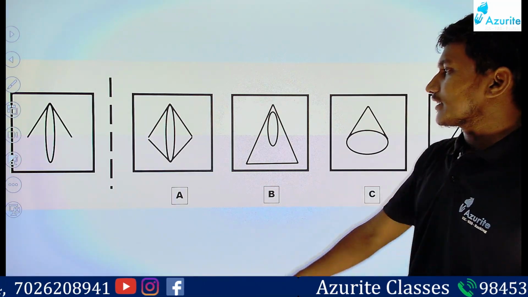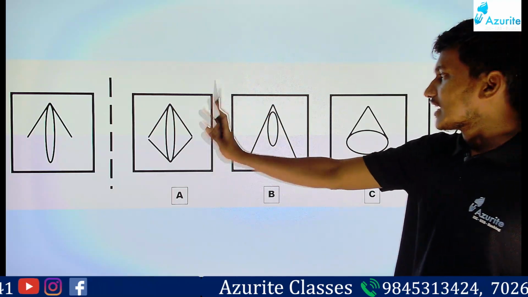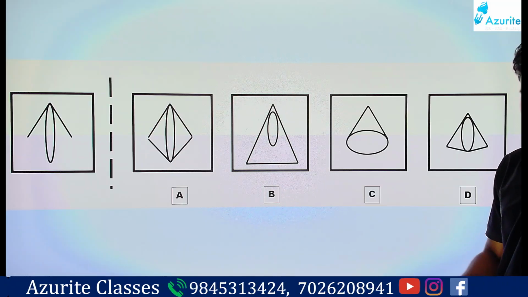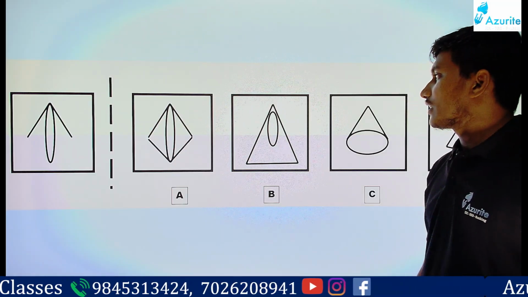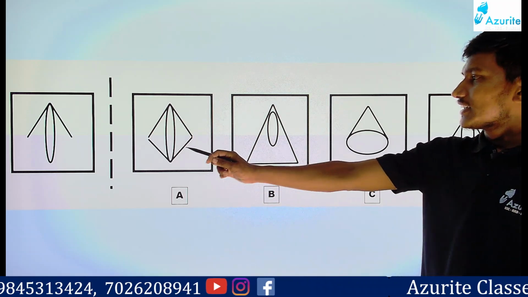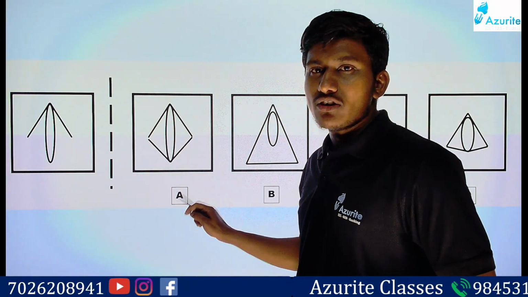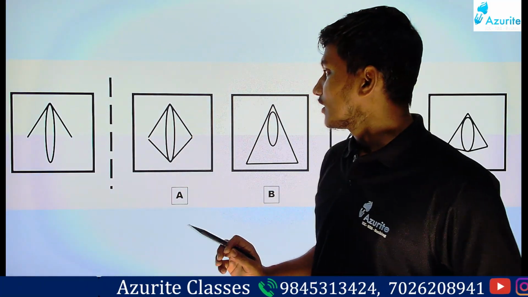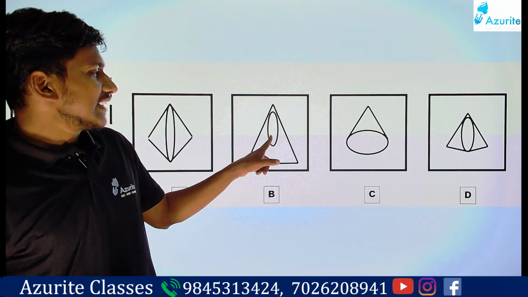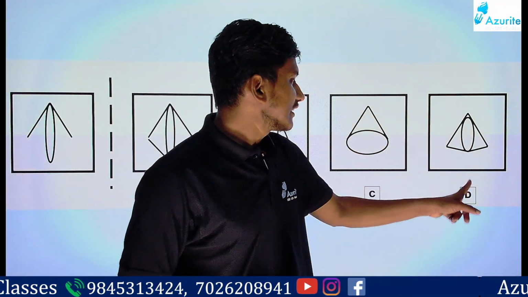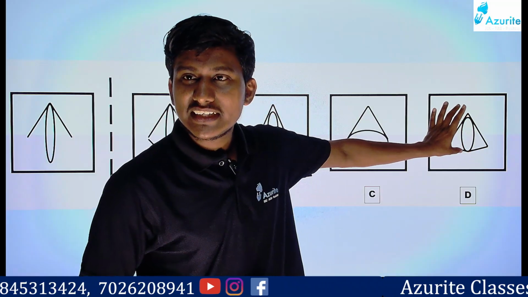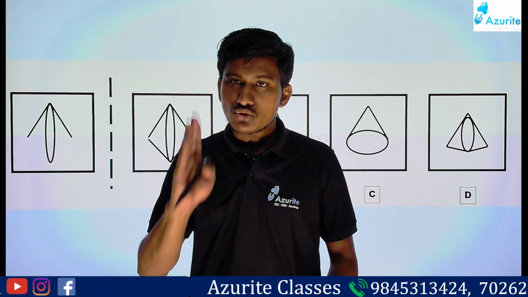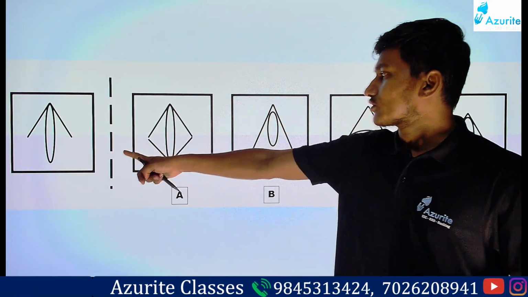So this figure, where is it hidden? Exactly the same. Option A. Yes, the answer is option A, correct. This is hidden exactly the same here. Don't be confused with B, that is only small, and D is different, it is smaller. If you see the question, this is a little big, so in option D it is smaller. So that is wrong. The correct answer for this question is option A.